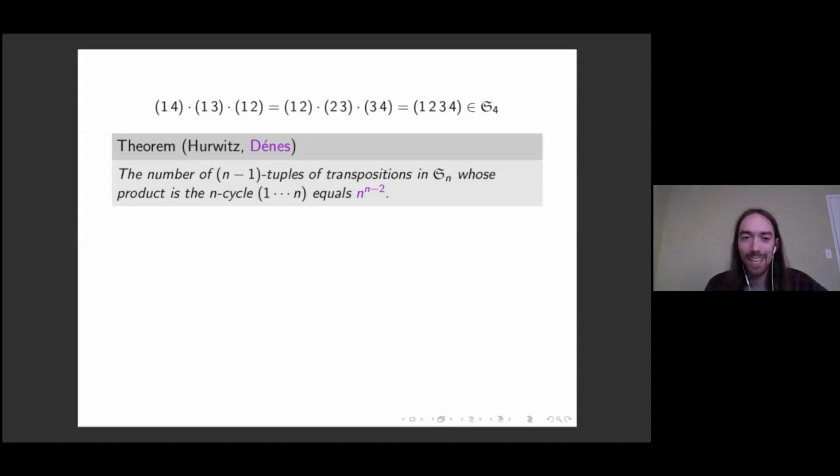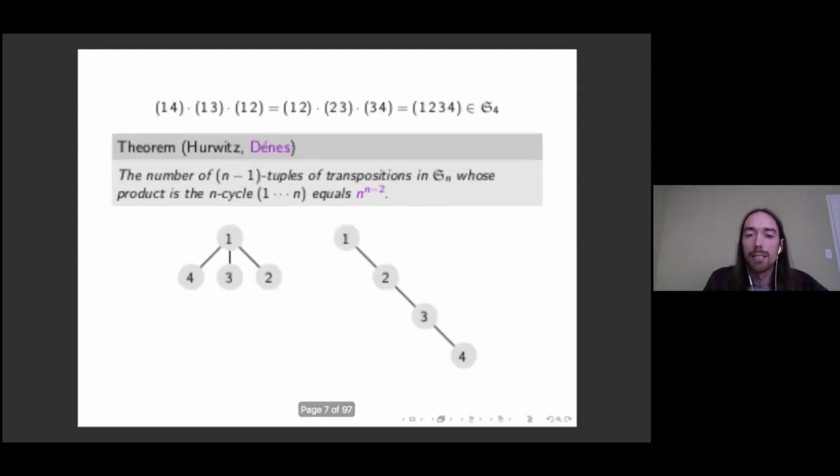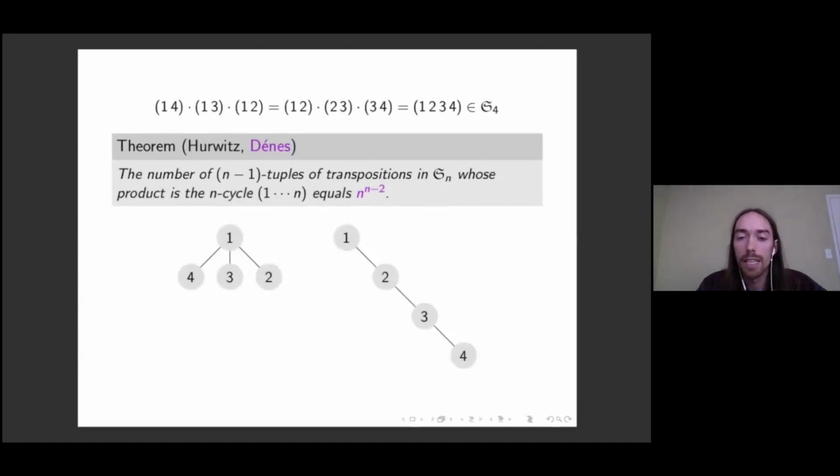Now, I highlighted Dénes's name. This is not supposed to be calling him out, but I think that the proof there is not actually right. But luckily, the result is still true. Then I also highlighted this n^(n-2) number, because you might recognize that as the number of labeled trees on n vertices. So Dénes's proof basically does an overcounting argument, and the way it works is you can label the edges in all possible ways,